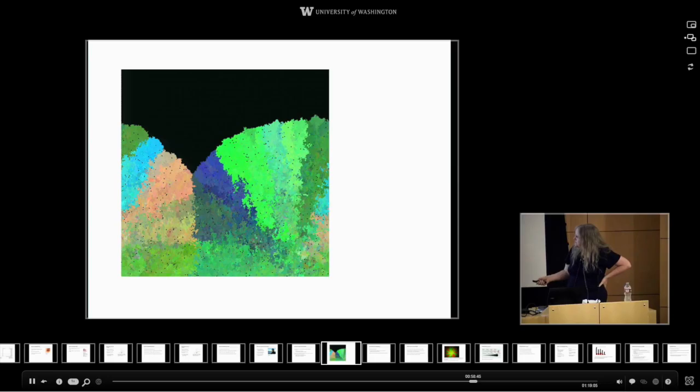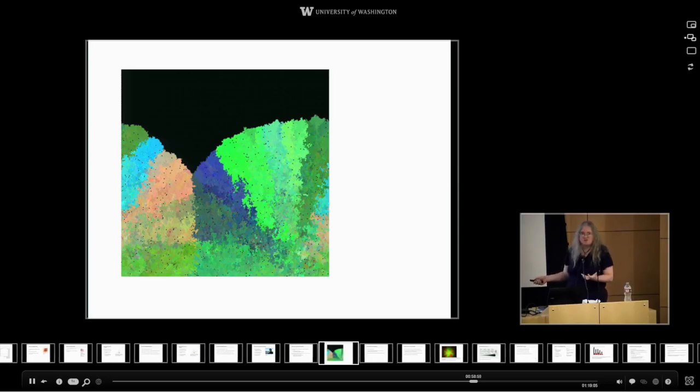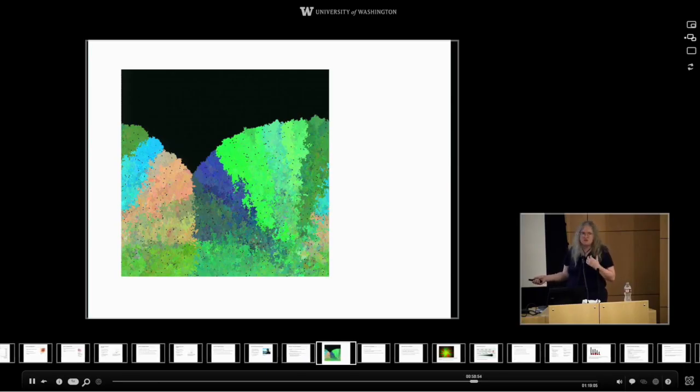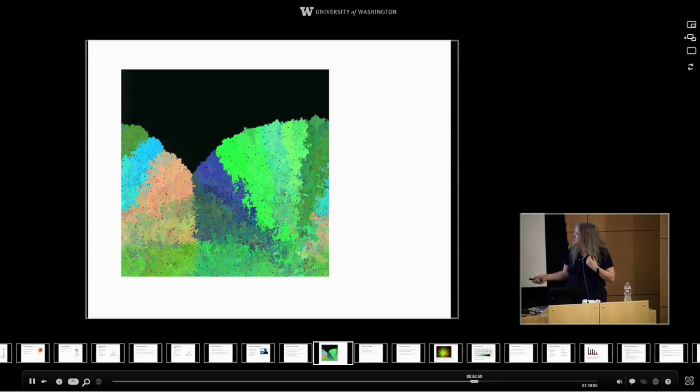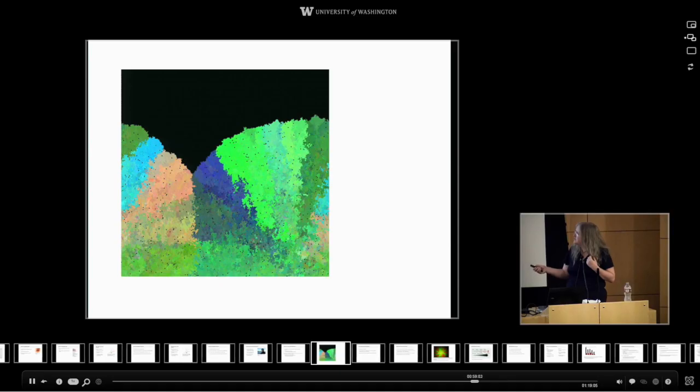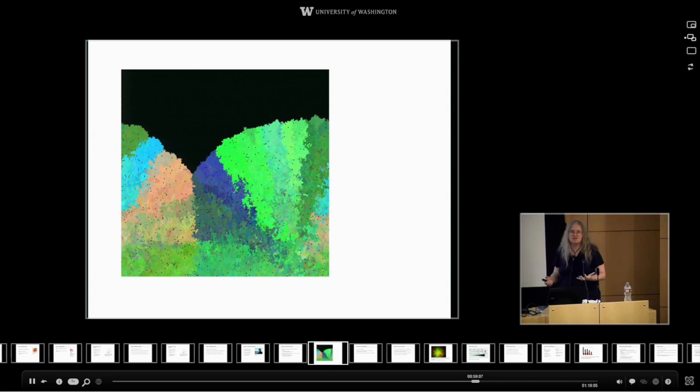Down at the bottom, the cells are a mishmash of cells, each of which has a few individual mutations of its own, but they're very tiny patches, and so the color looks sort of brownish, green, and blurry. But as the cells colonize their way upwards, we get these large patches of cells that are very genetically distinct from each other. The colors here are essentially a measure of genetic difference.